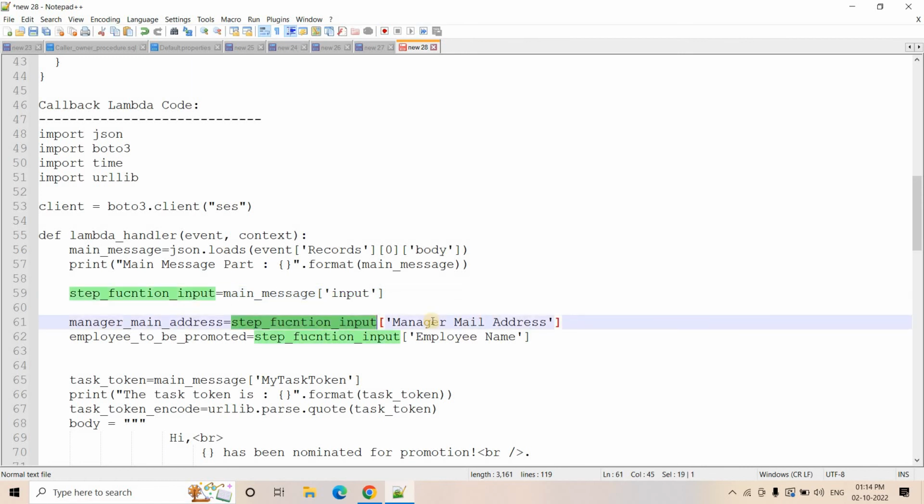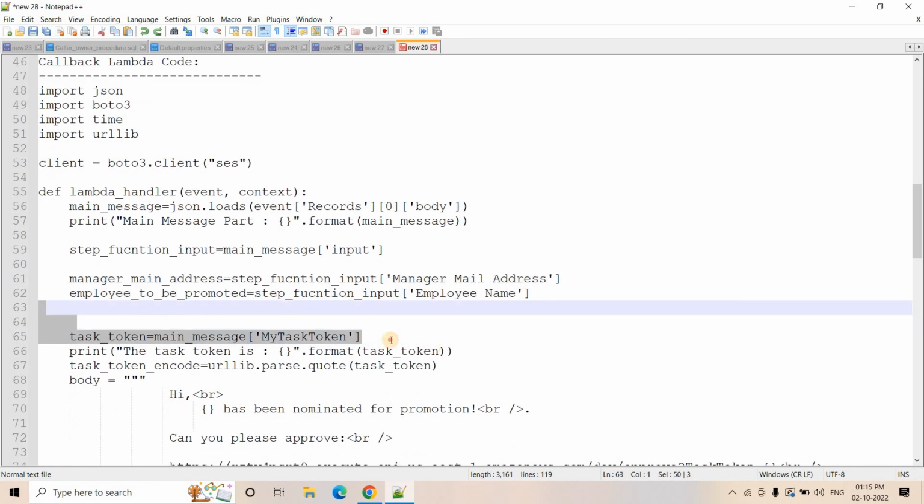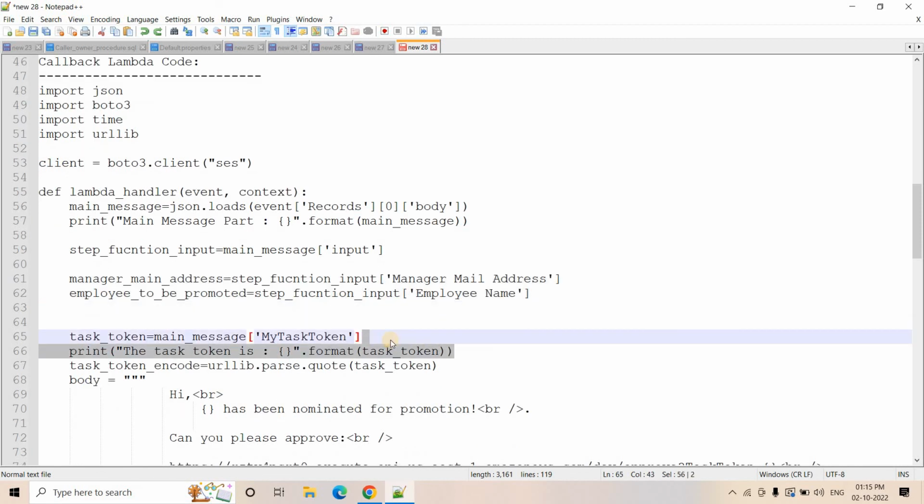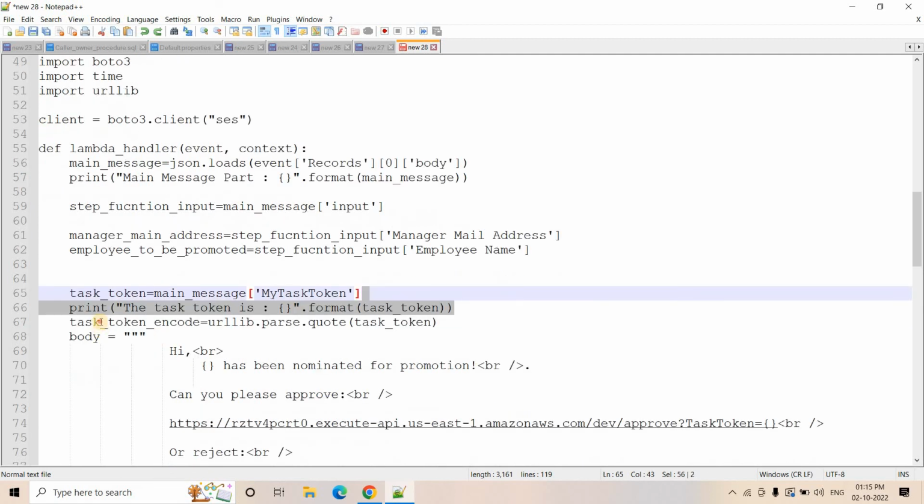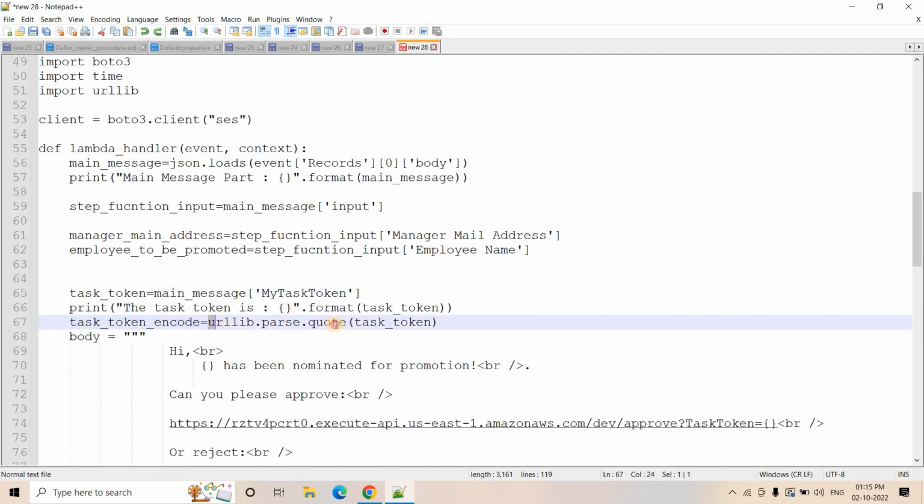So from that we are extracting the manager's mail address and employee name by using a simple dictionary concept. We are extracting the task token also. We are printing the task token, that is optional. If you want, you can ignore this line. And then here the task token we are basically encoding properly, because we need to send this using API Gateway as